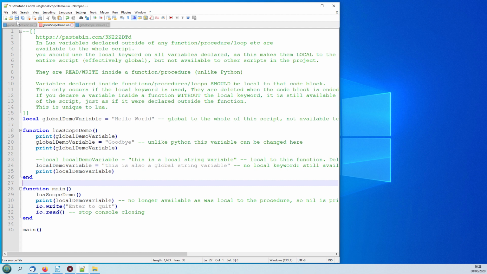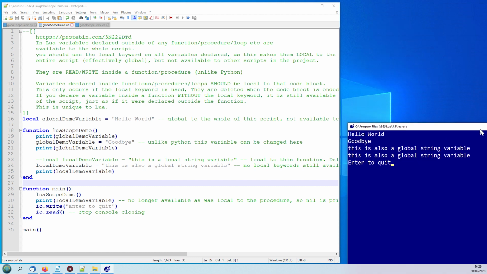So let's save that and we'll run that again. Run with Lua, and again we'll drag this in. If I can find it, there we go. So as before, we've got hello world, then we've got goodbye when we changed it here, and then we've got the local demo variable has been printed out here,